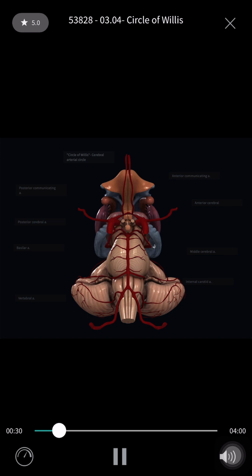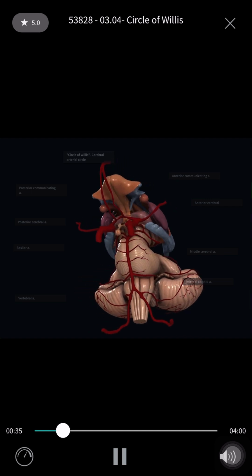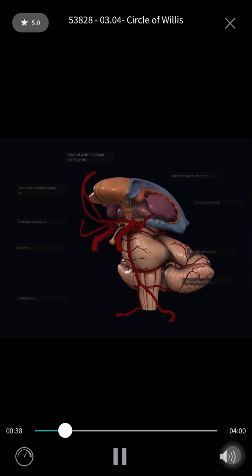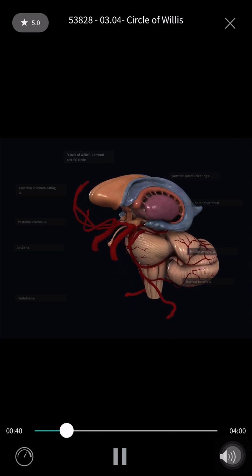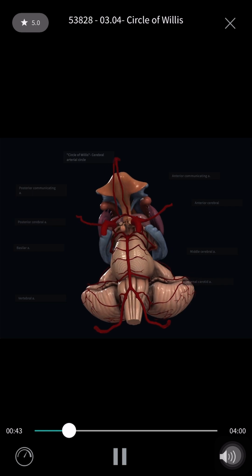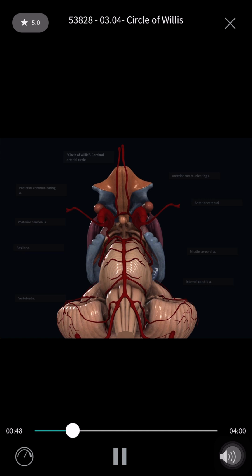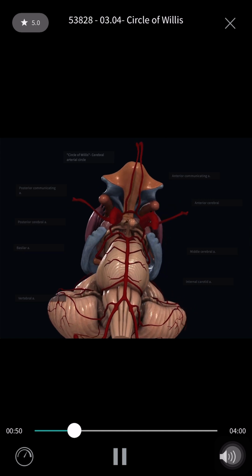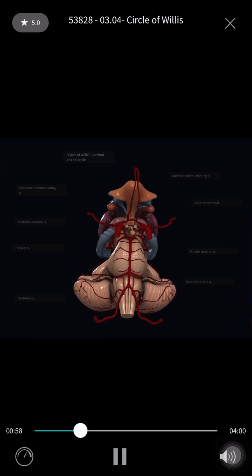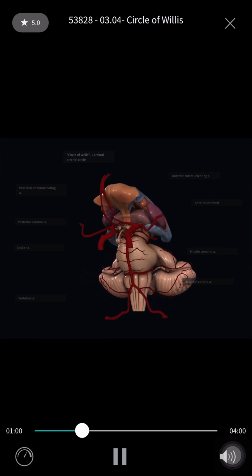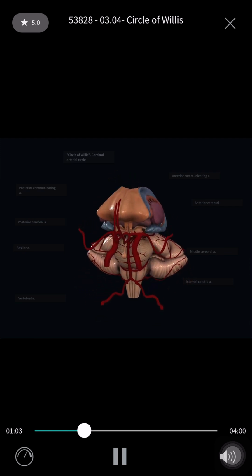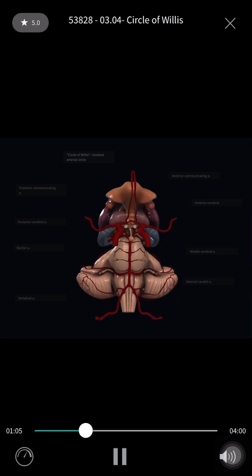So theoretically, with slow occlusion of one of the vessels, the circle of Willis would provide an alternative way for the blood to still reach all aspects of the brain. Now, let's say there was a stroke or something that happened really quick, or an aneurysm, and blood loss would then result to a certain area of the brain. Now, we wouldn't automatically have the blood compensated for with that lost vessel, but in slow filling or occlusions of the vessels with atherosclerosis, it could be possible to provide a backup blood supply to all aspects of the brain